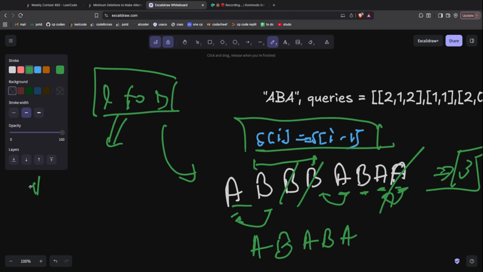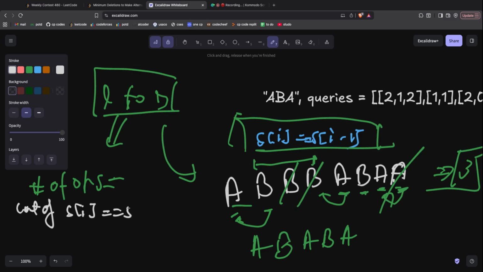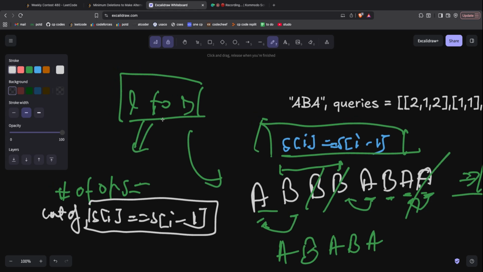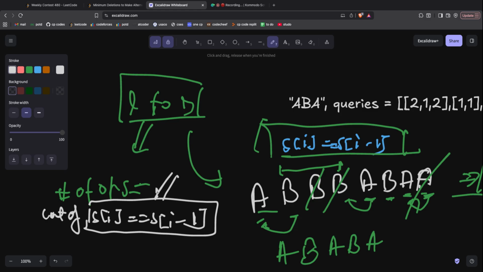The number of operations you need is the count of times s[i] equals s[i-1]. So we can just get the count of the total times s[i] equals s[i-1]